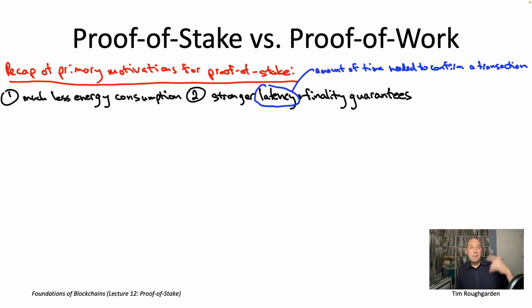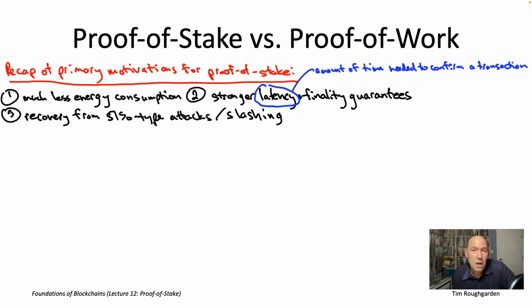So while you probably hear the most about issue number one, the energy consumption issue, when people talk about proof of work versus proof of stake, in my experience, probably the primary reason for the migration we've seen from proof of work over to proof of stake over the last 5 years is driven by this second point, is driven by performance issues and the desire to have stronger finality properties and lower latency. All right, so that's an environmental advantage of proof-of-stake protocols. That's a performance advantage. And then the third one will be, in some sense, a security advantage of proof-of-stake protocols,